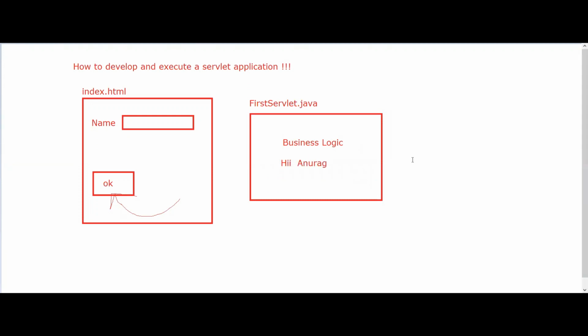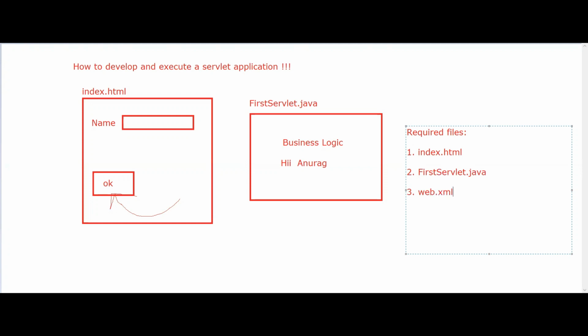Okay, so one HTML file we have to develop, that is index.html, and one servlet that you have to develop. In this context, the required files are: first, index.html; second, FirstServlet.java; third, the common web.xml file.